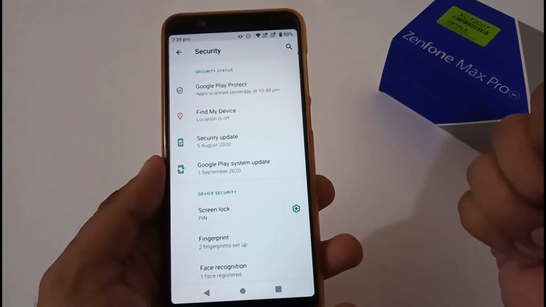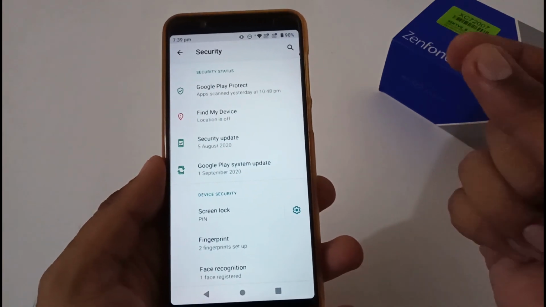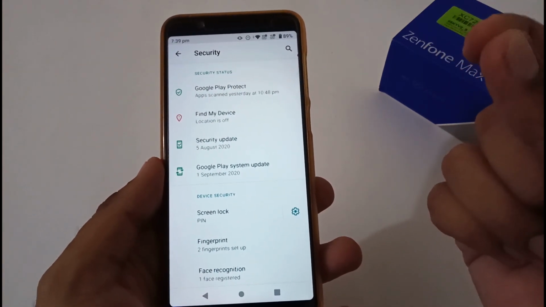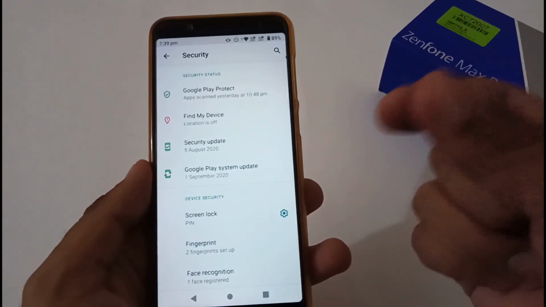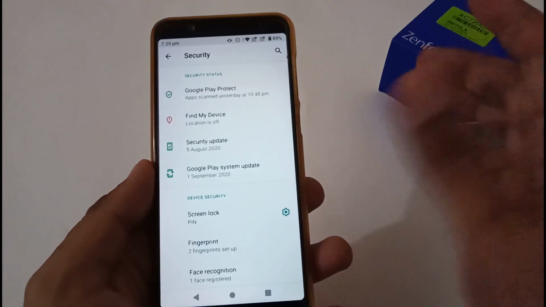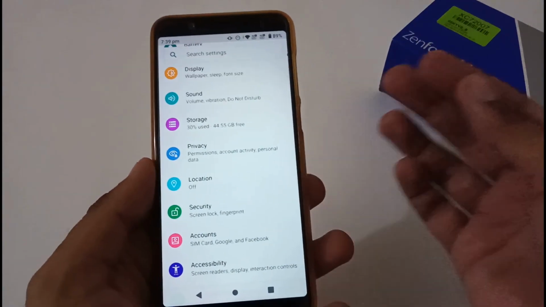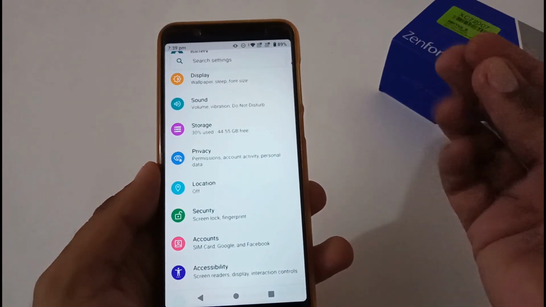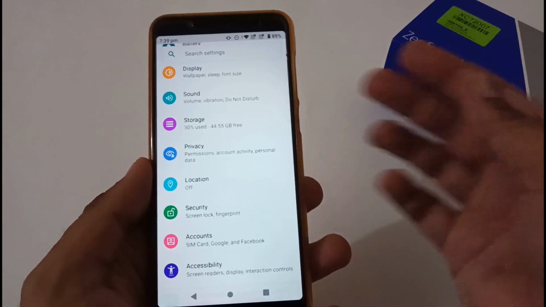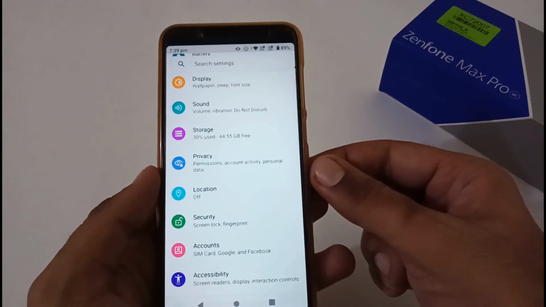I won't say that it is not smooth on Android Pie 087, but when I was using 087, I felt some sort of latency, though that was very minor, in maybe 1 out of 10 cases. So overall, they are both the same, and it usually depends. Sometimes your finger might be wet, or something might be stuck to your finger. That's why it might take time. But I felt it, so I have discussed that with you.